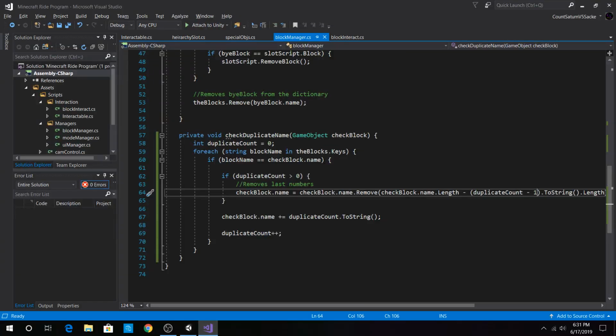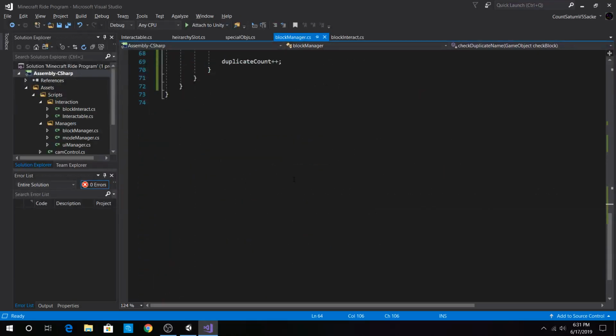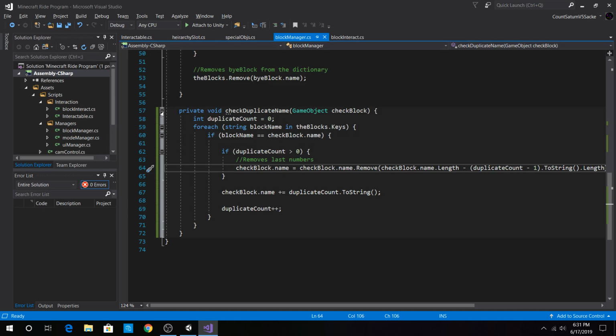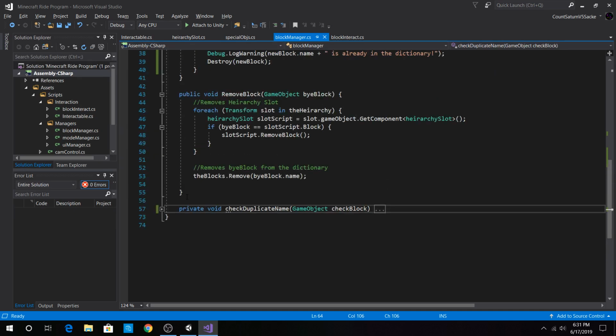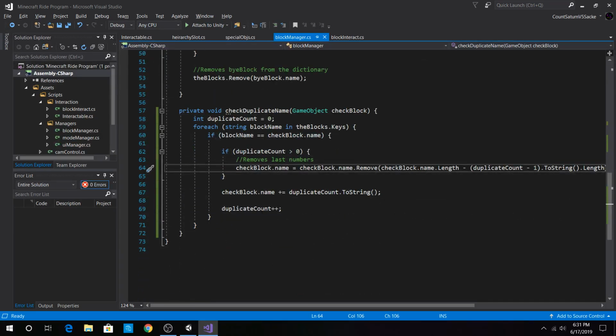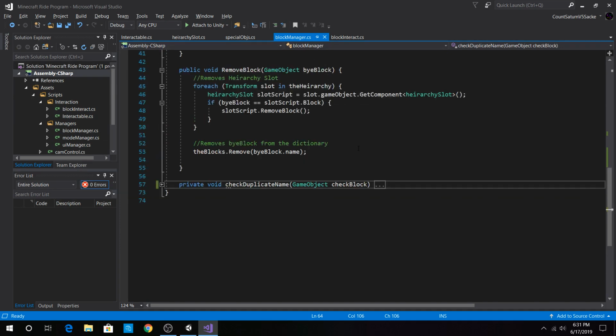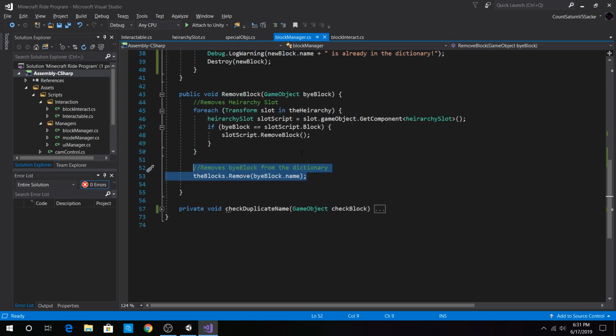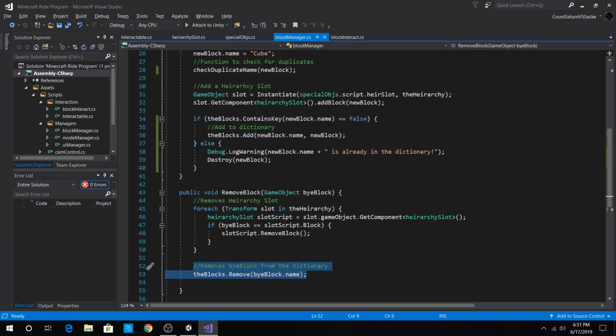Now, I'm not sure why that is. However, I do have a feeling it actually needs to. I believe that this actually works fine. However, I also think that it probably has something to do with remove block, and maybe what's happening is that I'm destroying the block. But first off, I need to figure out why it is that it